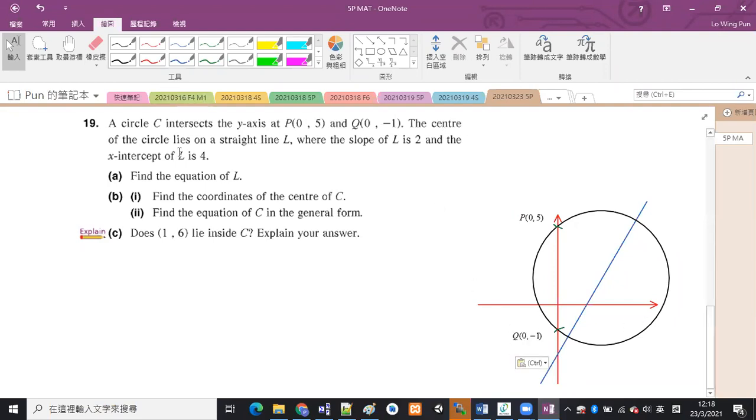Okay, the center of the circle lies on a straight line L. The center of the circle is on the straight line L. Should be somewhere here. The slope of the straight line L is 2, and the x-intercept of L is 4. X-intercept of L should be this place, and this is 4, which means that